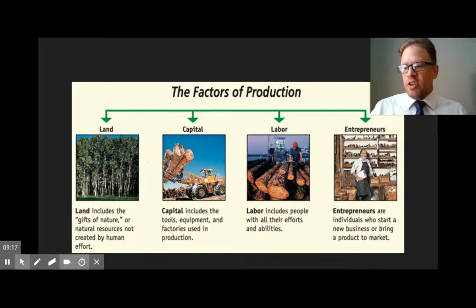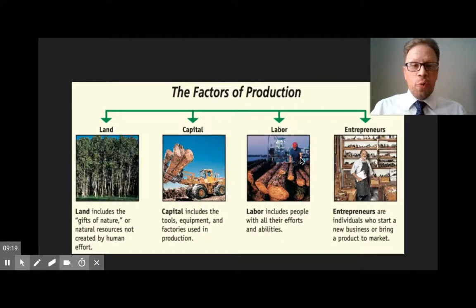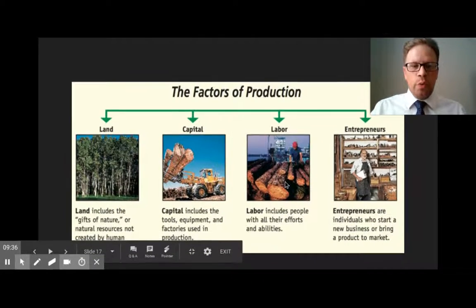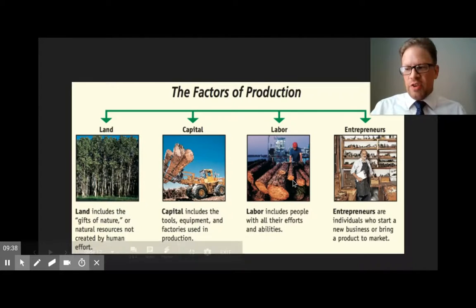Another factor of production is labor, or human resources. So this is the quantity, meaning the number of something, and the quality, or how good something is, of human effort that's directed toward producing goods and services, which can be improved through investments in education, training, and healthcare. So whenever humans decide to do some type of work, that is considered labor.